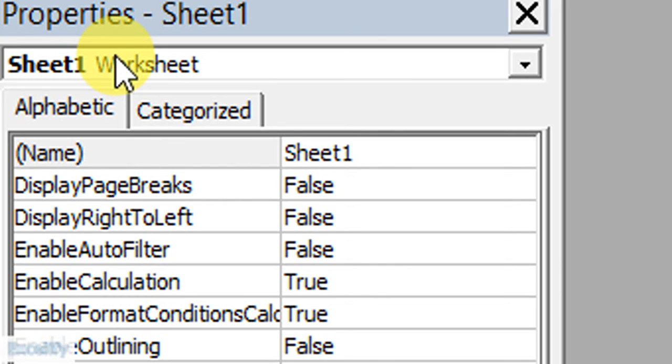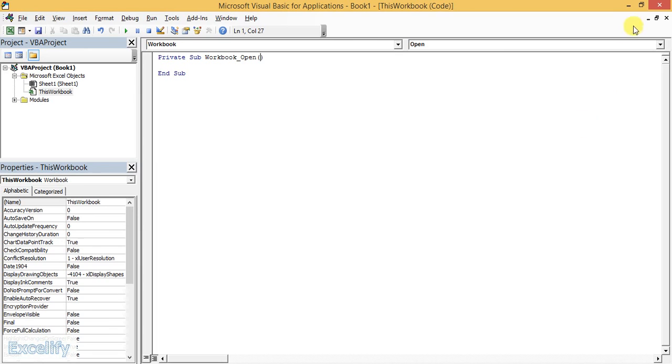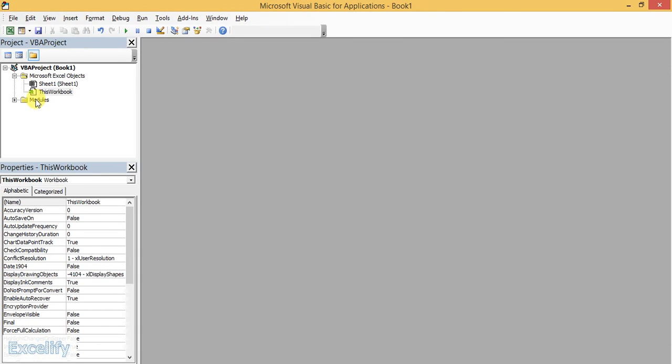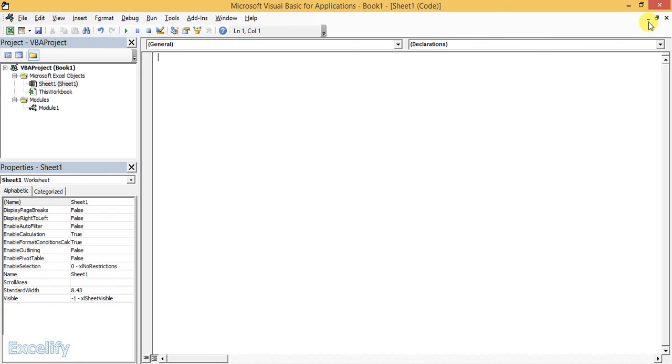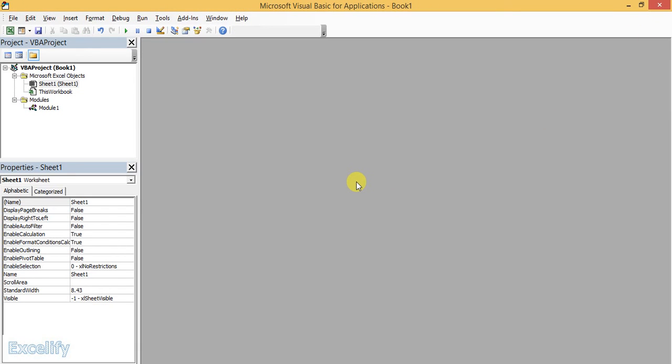Accordingly, if you select workbook in the VBA project, you will see the workbook name. If you select user form, you will see the user form's properties, like that. And this blank canvas dark gray area is the place where the code editors will pop up like this. If you open, it will open. You can minimize, maximize or close the individual objects or modules. Everything will be treated as if it is a separate application. You can navigate it or manipulate it however you want.